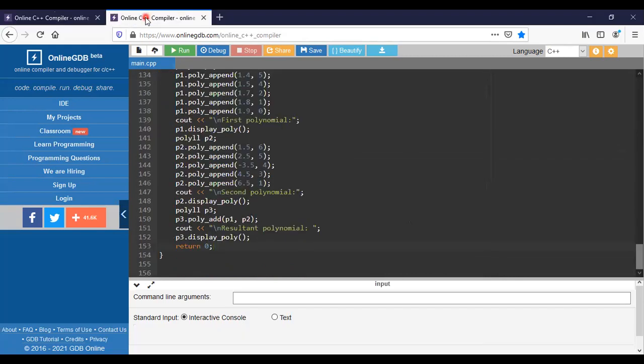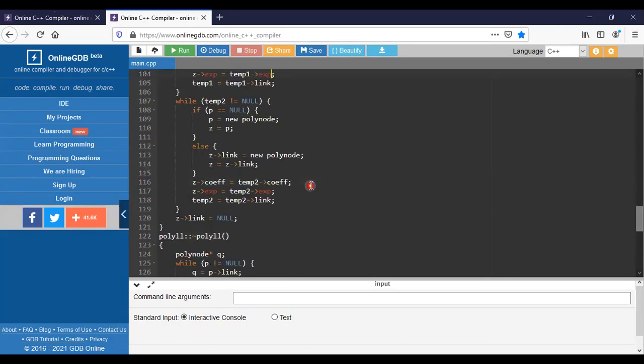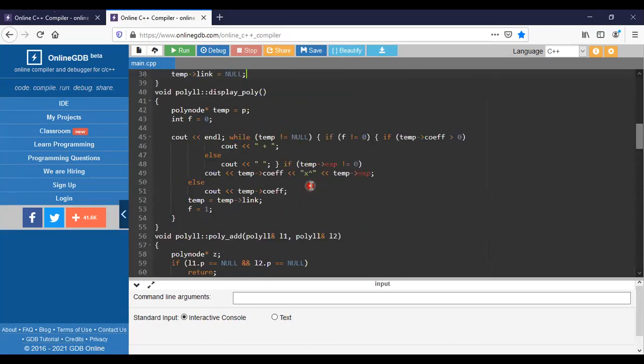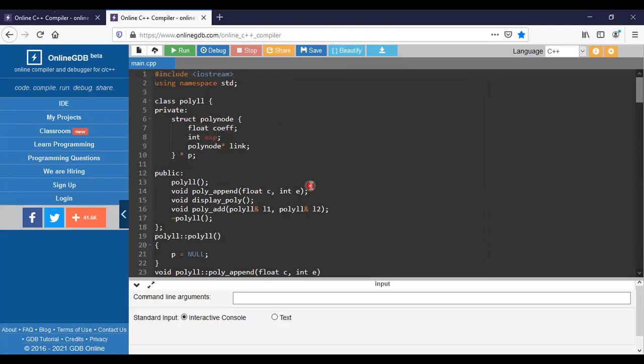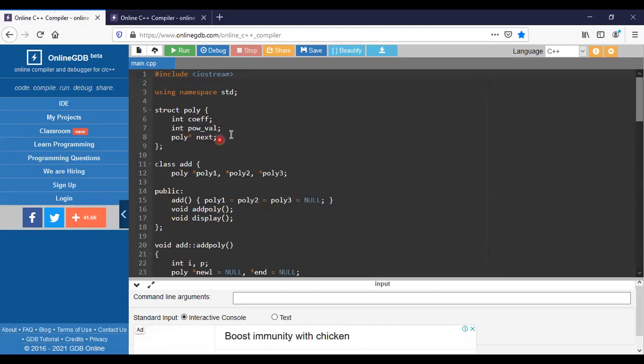It is being specified that it is using a coefficient, a power value, and then any other values that we need to mention. If you want to create polynomials, we are mentioning there are 3 such polynomials, and we need to provide how we are going to access this one.